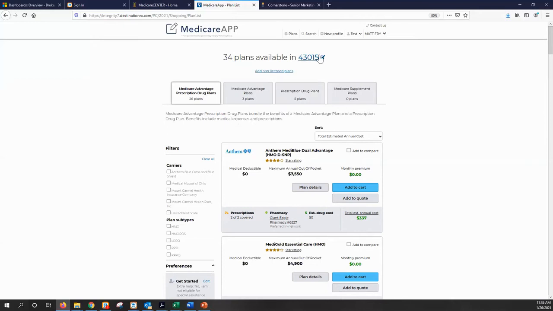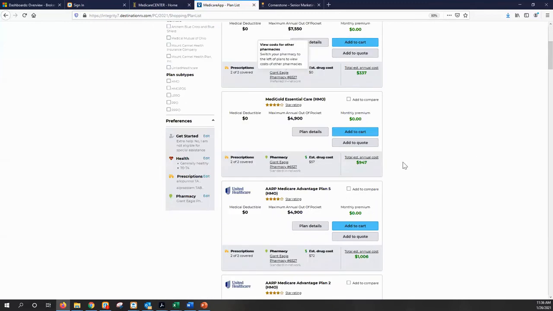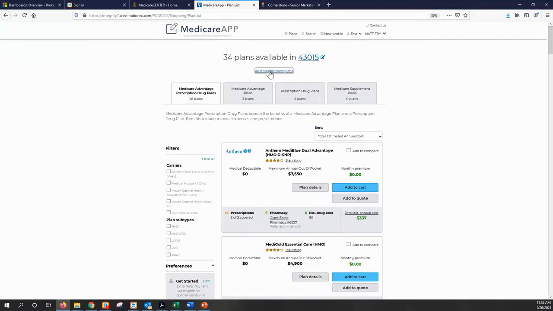So if you ever needed to update the zip code, you can do it by just clicking this edit the zip code. This other thing here, I mentioned this earlier when we were kind of answering that question for Devoted Health, is to add non-licensed plans. You see here, like for instance, I can only shop right now because I'm only ready to sell Anthem, Medical Mutual, Medigold, and United Healthcare. So it's only going to pull up those carriers. But if I add in these non-licensed plans,